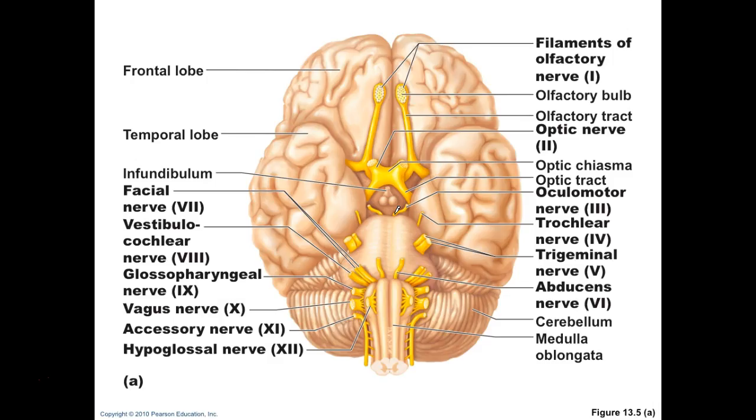But of course, we want our eyeballs to function together. So let's move into our trochlear nerve. This is the smallest of all the cranial nerves. This is cranial nerve number 4. And this is in charge of supplying just one extraocular muscle. And that muscle is the superior oblique. By the way, we're going to talk about the names of each of these eye muscles in our senses lecture,